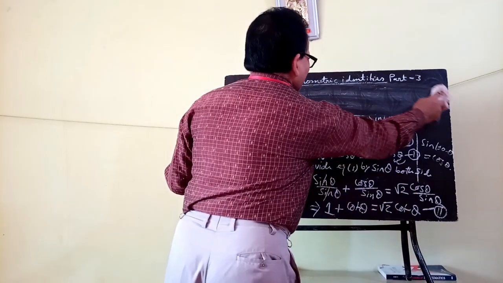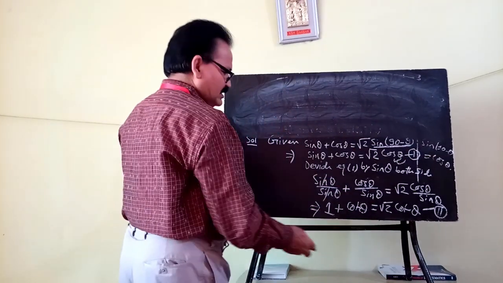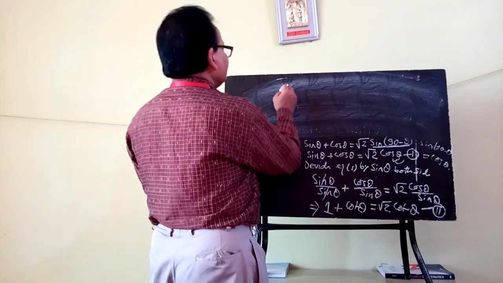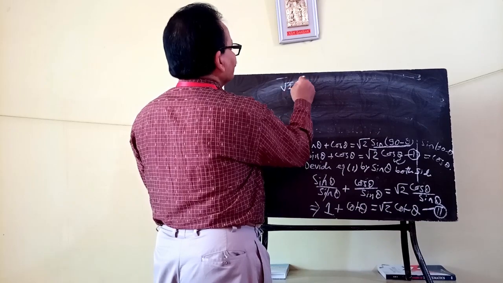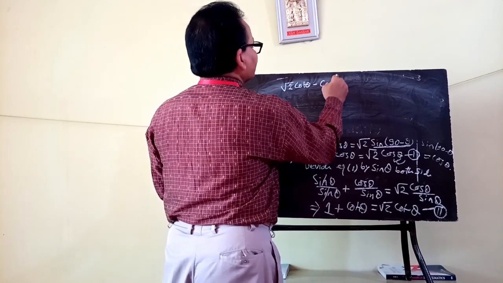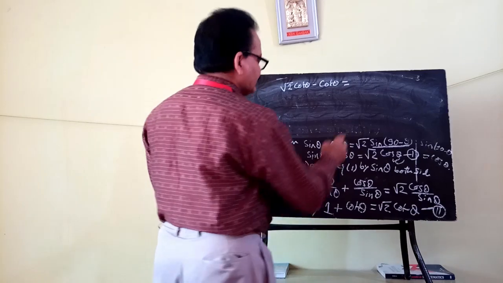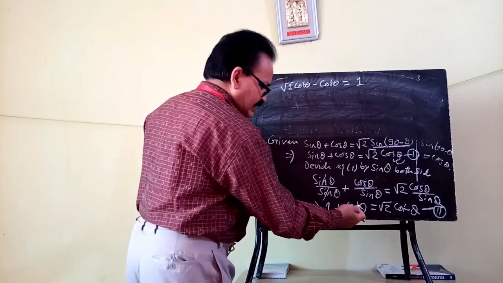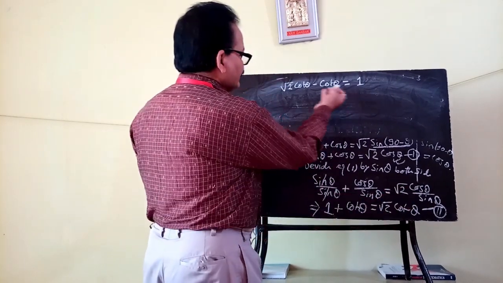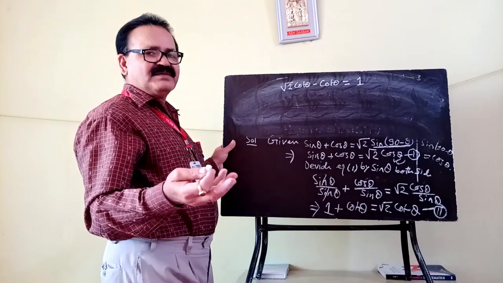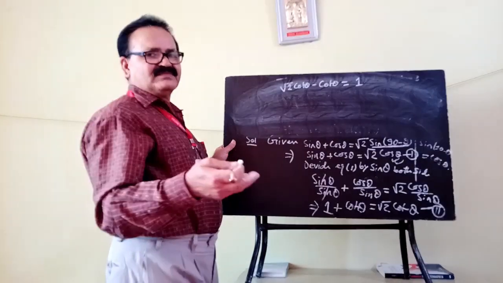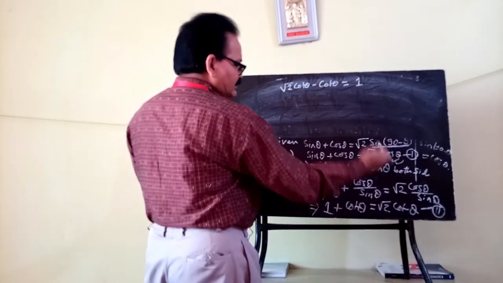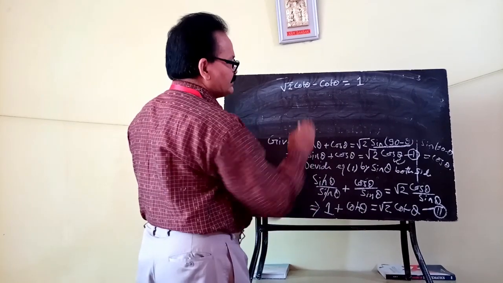Now you have to use that condition. Take this cot theta to the right side. Then root 2 cot theta minus cot theta must be equal to, on the left side, your 1. You can ask me, sir, you have taken cot theta to that side, but you have written it on the left. Consider 2 plus 3 equals 5. 5 can also be written as 3 plus 2. So in that case, the entire right side is shifted to the left side, and the entire left side is shifted to the right side.